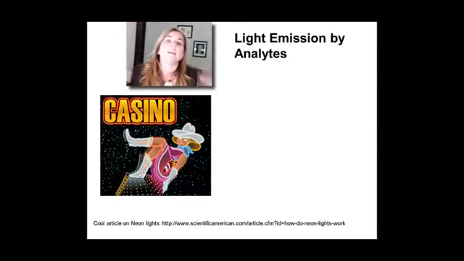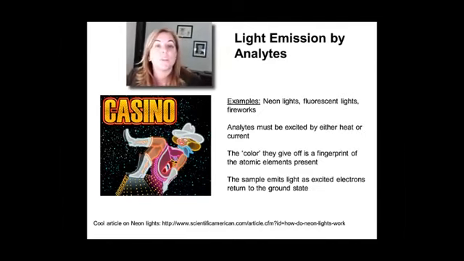They go up to these very high, typically empty energy levels, and they sit there. It's like they ran all the way up the ladder. They got so excited. But then, once that excitation goes away, or if it's in some sort of dynamic equilibrium, eventually they fall back down. And when they fall back down the ladder, they put out a photon. And that photon, or light, is what you're detecting. So light emission then is going to be the creation of light. It's not really the creation of light, it's the conversion of energy from an excitation source in the atoms to light that's emitted. And the color that's emitted, just like the absorbed color, will be a fingerprint of the atoms